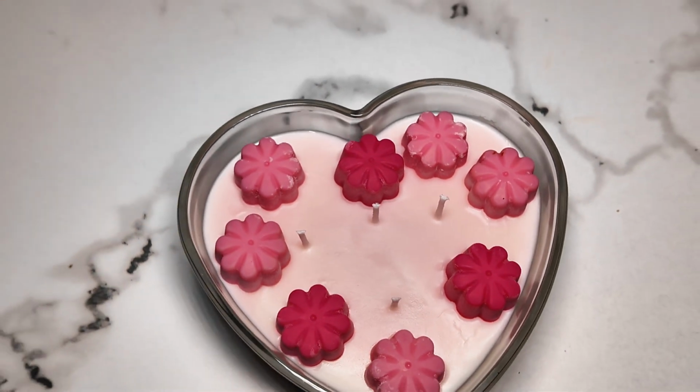If you're new here, you can call me Serene, and today we're gonna be making a beautiful heart-shaped glass candle. This is for anybody looking to make some hands-on crafts for Valentine's Day coming up this year, for your loved ones or for yourself. It's very easy. All you really need is a glass candle jar that's shaped in a heart and some candle